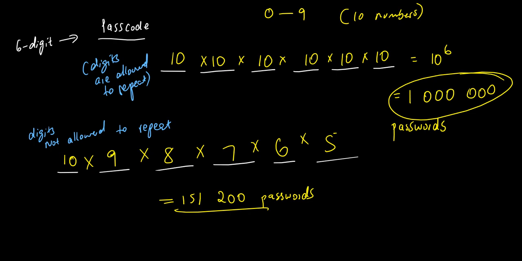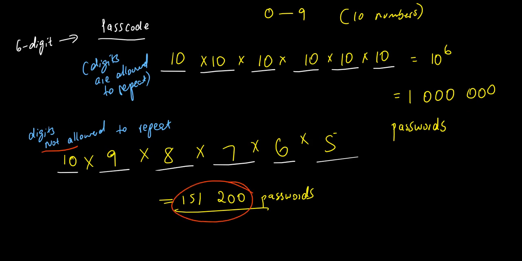Actually, from that you can calculate the number of passwords whereby the digits are repeating. Because check, we calculated the number of passwords whereby digits are not allowed to repeat, they are around 151,200 passwords,